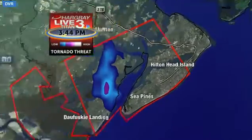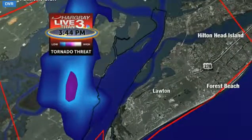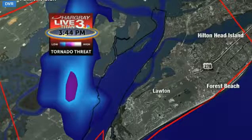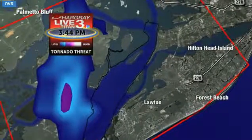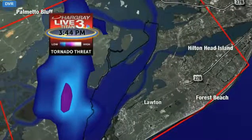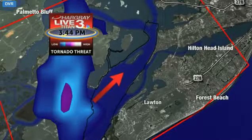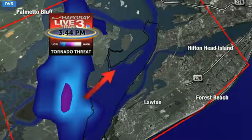Shear tracker still holding steady, just towards the west-northwest of Sea Pines. If you're listening to me around Sea Pines and around 278, you need to seek shelter immediately. And because this radar scan is a few minutes old, it's going to be about 3 to 5 minutes old, I would place the new area of rotation and the new area of concern with the possible funnel cloud, possible